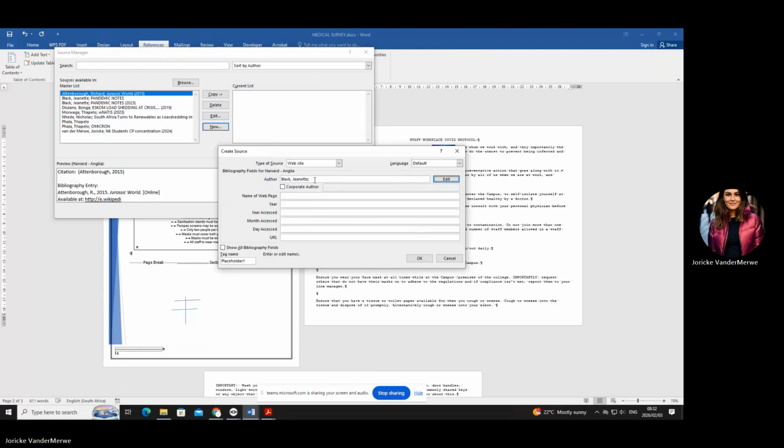All right. Then, what was the name of the web page? Can you see there's a name of a web page? Capitalize, and it must say pandemic notes. Can you see it's very easy? All right. You go to the year accessed. What is that? 2023. The URL is the only one that's not so nice. And I don't get why they want you to type it out, because it does take a little bit of time.